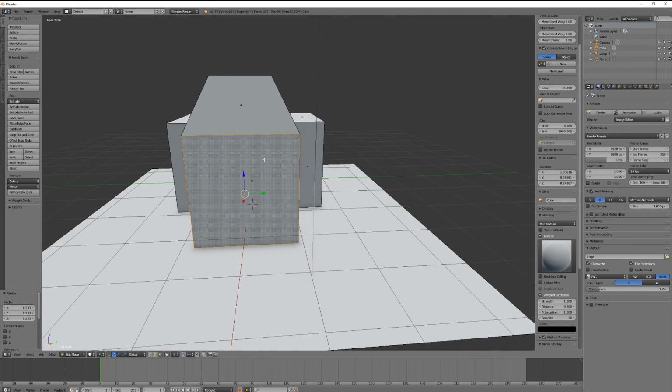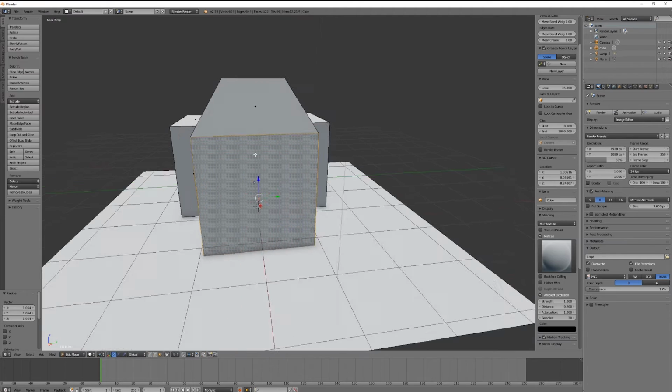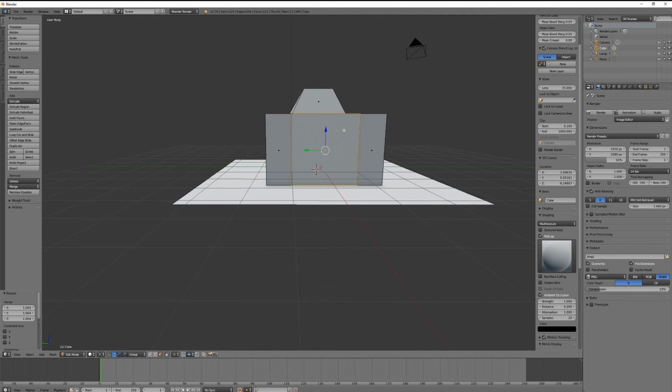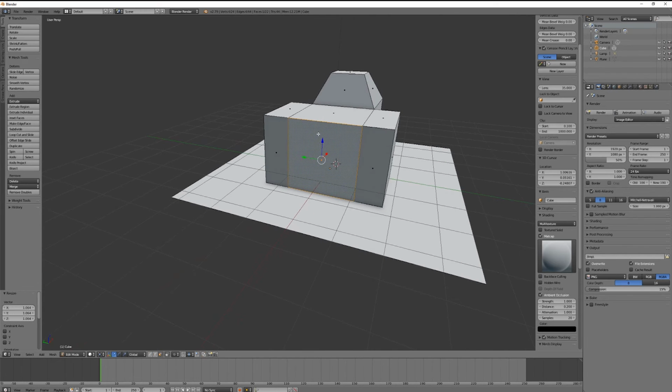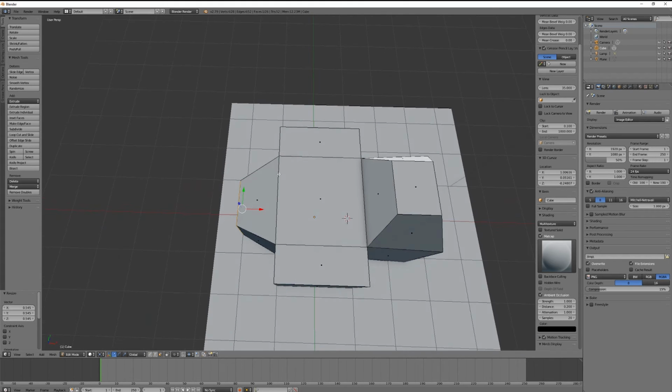Ta-da! You can shrink this down. Ta-da! Honestly, it's kind of cool, the things that you can do. And then shrink it down on here. Cool. What you can do is also press Control R, which slices your whole object, and then if